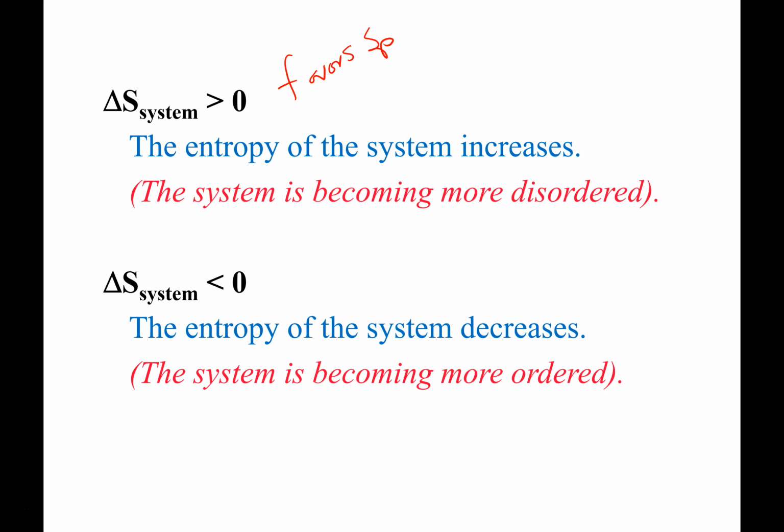If you're like me, I still have to concentrate when I think of delta H's. Delta H is negative, that's exothermic. Delta H is positive, that's endothermic. I do have to concentrate. So now we have something else we have to concentrate on. If you have a negative delta S, a negative change in the entropy, that means it's becoming more ordered, and that's going to disfavor spontaneity. Not to say that the process won't occur, because it could be carried along by the other element that you have to gauge in order to understand.